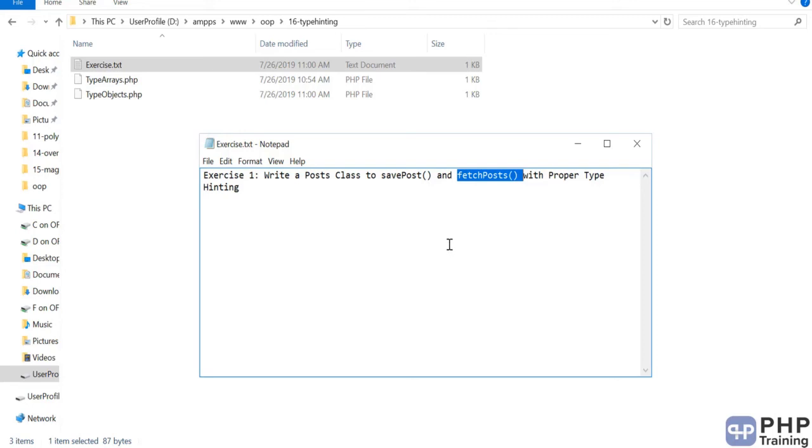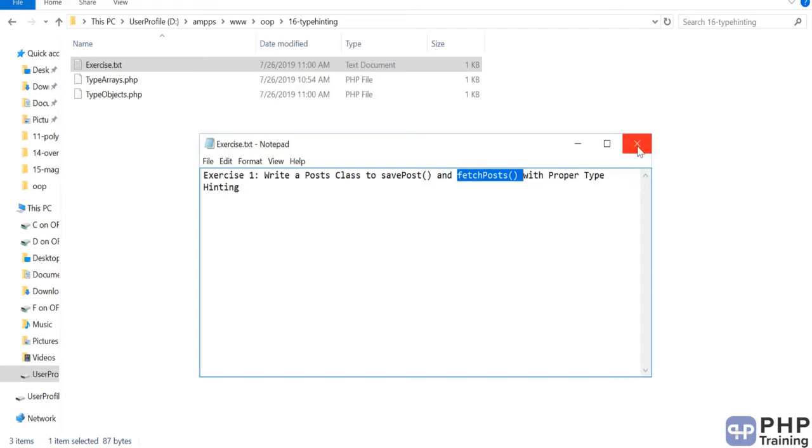Well, type hinting promotes good practice, so try to keep a habit of defining your types. Okay, so this is a good exercise for you to start defining, so you'll understand, okay, when I write this I have to define the types. Okay, so try out this exercise. Even without knowing all the concepts, up to here you are only applying type hinting. You're defining the data types for the input parameters and for the output parameters. Okay, so go ahead and do this exercise, and I'll show you how you can apply type hinting, which is a good practice, by using a post class. Okay, pause this video here and do the exercise now.